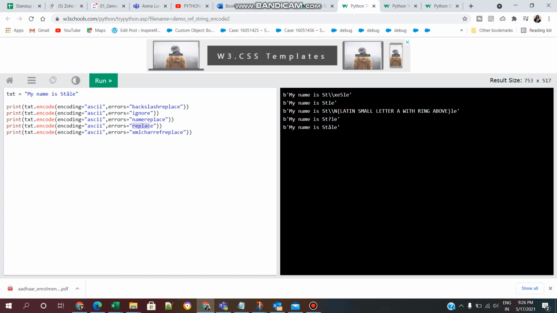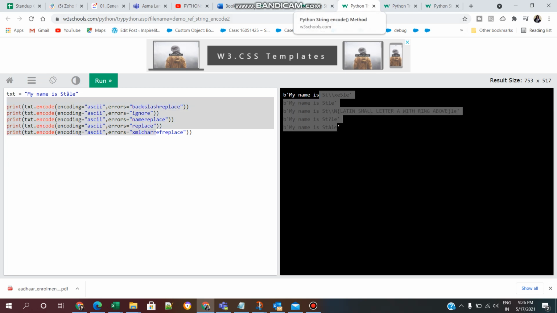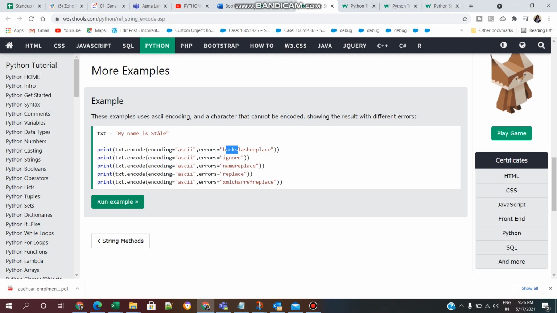Using the replace error method, we get a question mark. And using the xmlcharrefreplace error, we get a result like this. These are the different parameters we are passing while encoding the value. This is the use of the encode method.